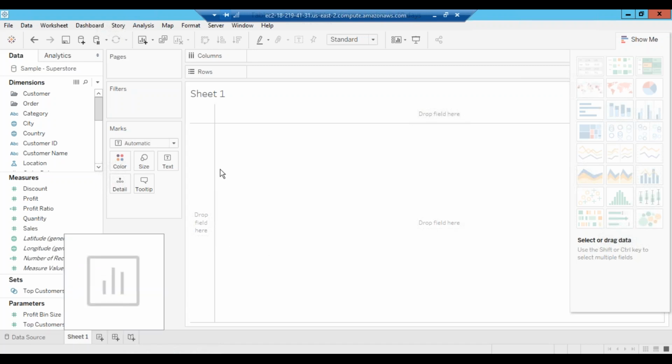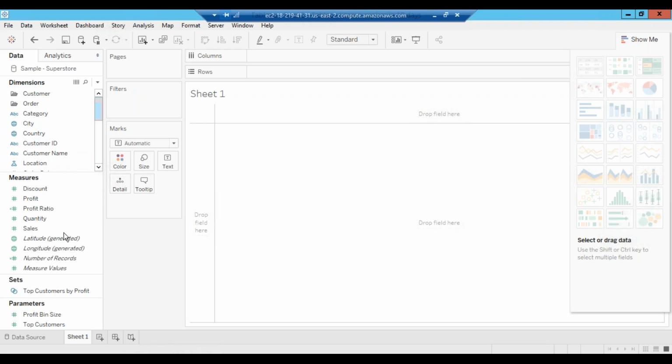Under that, here you see the data source name, Sample Superstore. Okay, and these are the dimensions that I showed you. These are measures, meaning numerical values, and here are just parameters, automated parameters. I have not created these, but they come automatically. No issues in that. Okay, so what I have to do is create some kind of visualization.